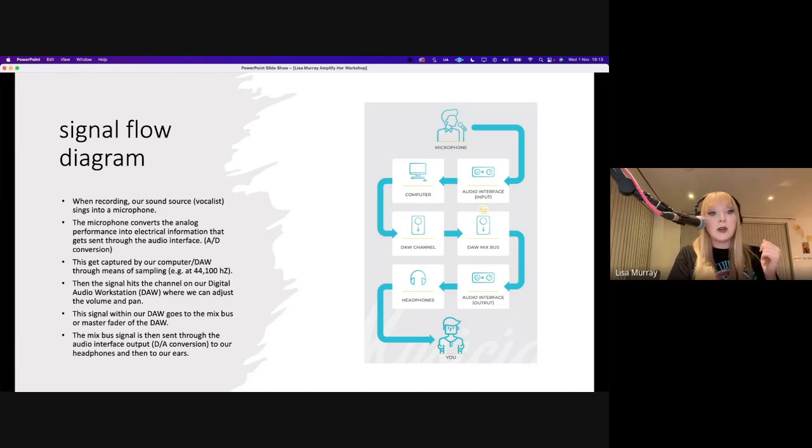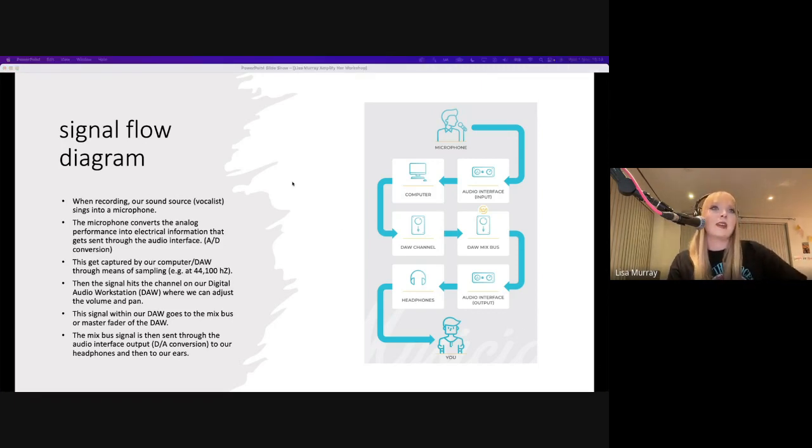The most important thing when you're recording at home or in any situation is just to be mindful of signal flow, right? So you need to know how your signal is getting from your microphone to your speakers, through your DAW, how it all works, because that's the fundamentals of troubleshooting and how you'll get really great sounding music. If you know how to follow the chain along, then if there's any issues, you can pinpoint them and get rid of them.